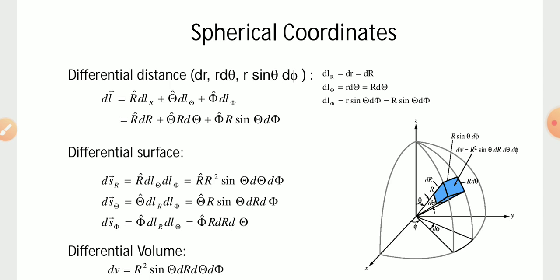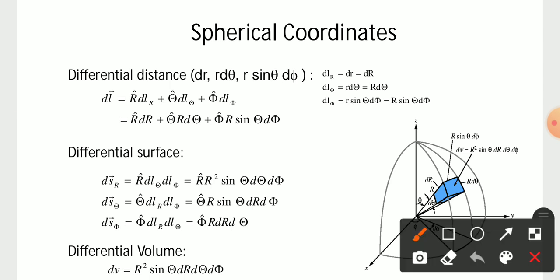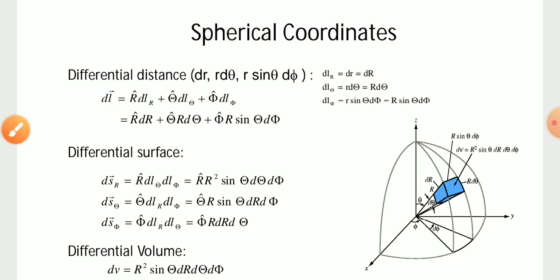Every coordinate system which is discussed here is an orthogonal coordinate system, because each and every axis of the coordinate system is defined as 90 degrees apart. As a recall, the Cartesian coordinate system is defined by the x, y, z axes. The x and z axes are 90 degrees apart, the x and y axes are also 90 degrees apart, and the z and y axes are also 90 degrees apart. That means every coordinate axis is 90 degrees apart.